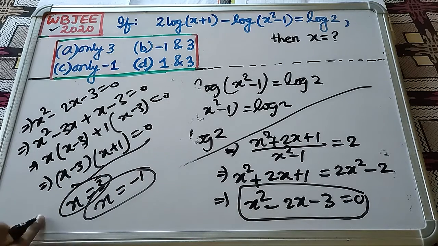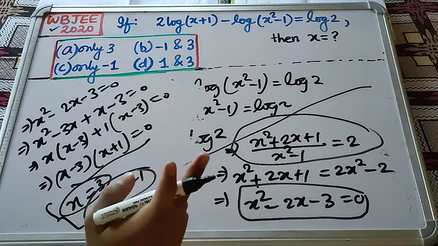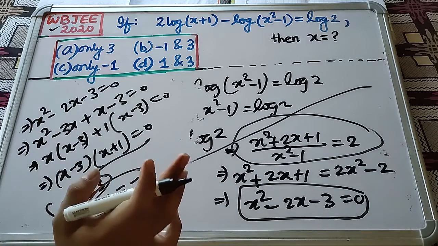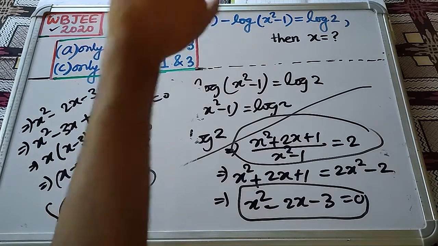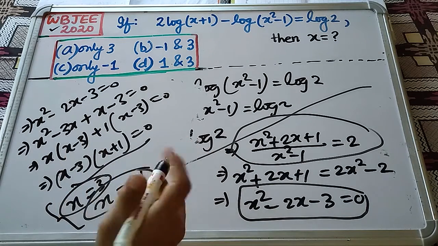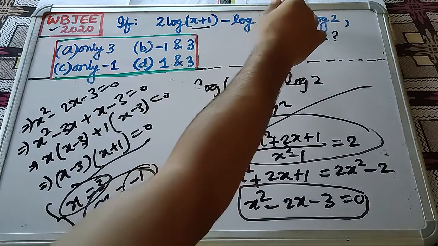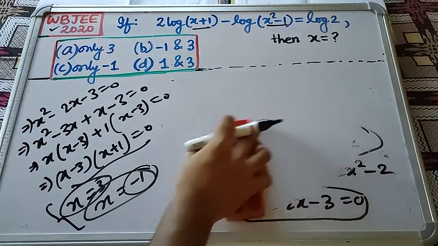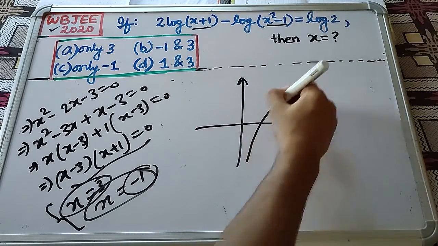But remember, this is just the solution of this quadratic equation. We need to check it further before selecting any option. In questions of log, it is quite recommended that the final answer which you get, you again put it inside the given first equation to check that it does not violate the domain. If you put minus 1 inside it, this one will become 0, this one will also become 0, and log of 0 is actually not a real number, it's not defined. If you see the graph of log, it's of this nature.